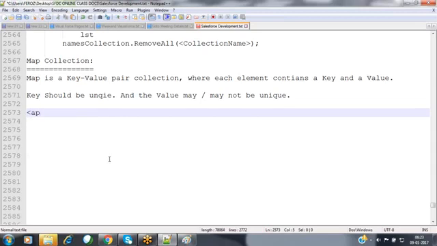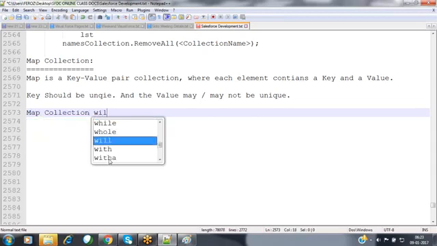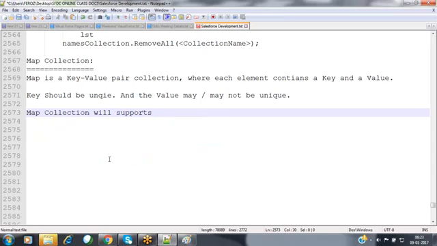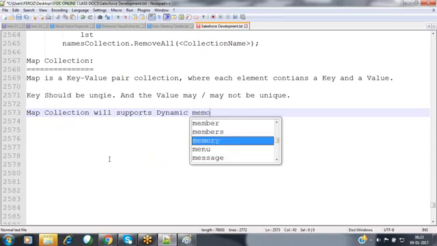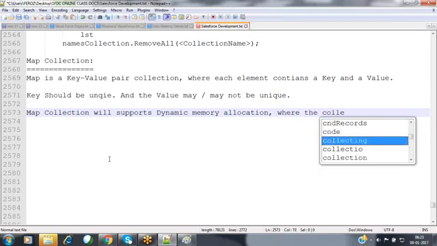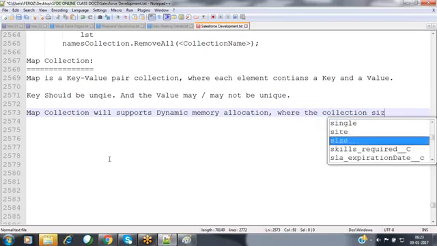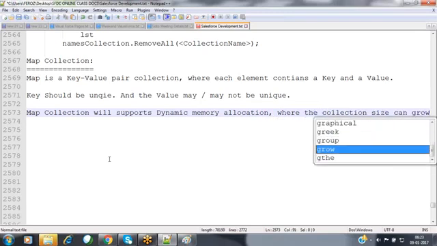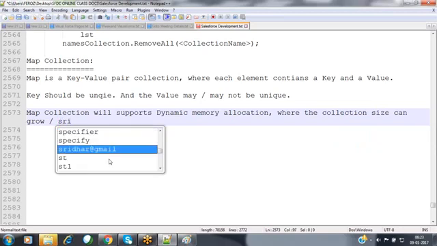Now, the map collection will support dynamic memory allocation, where the collection size can grow or shrink at runtime.